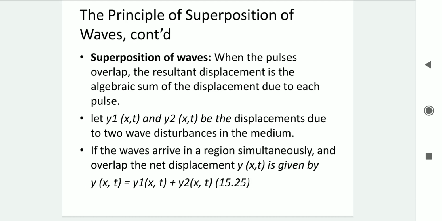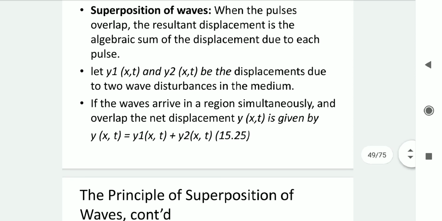If the waves arrive in the region simultaneously and overlap, then the net displacement y(x,t) is given by its algebraic sum: y(x,t) = y1(x,t) + y2(x,t). So if we have two or more waves together in the same medium, then their wave function can be defined as